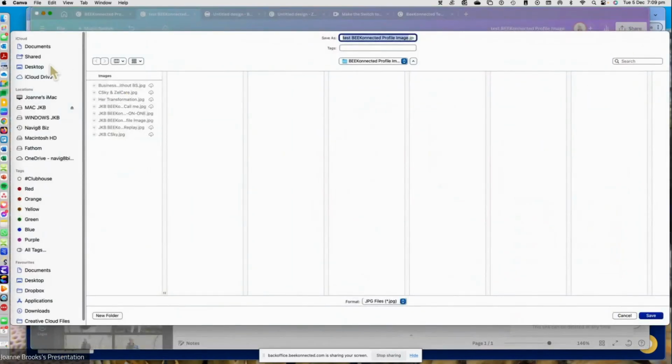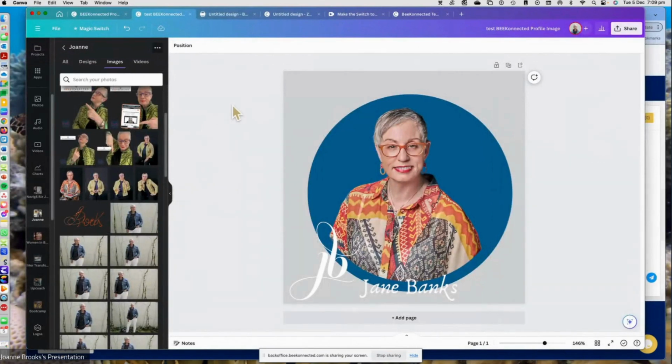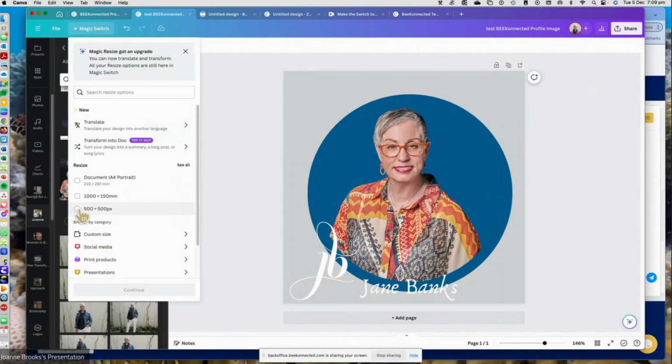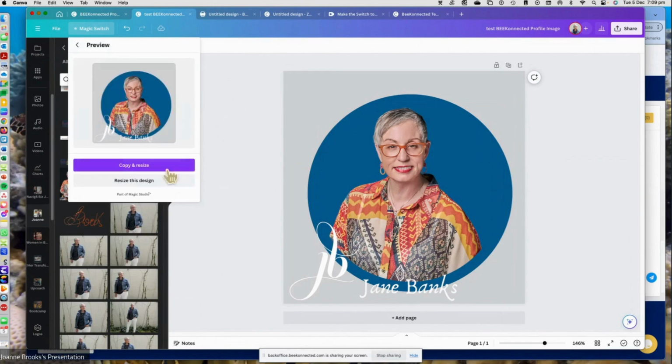Let's say we're going to put it into my desktop because I don't need to add it to all my others. What if this is the wrong size? Now we know our profiles need to be 500 by 500. I'm going to resize it to 500 by 500. I'm not actually sure what that is. It's probably pretty close. I'm going to go 500 by 500 because I know that's what BEEKonnected needs, and copy